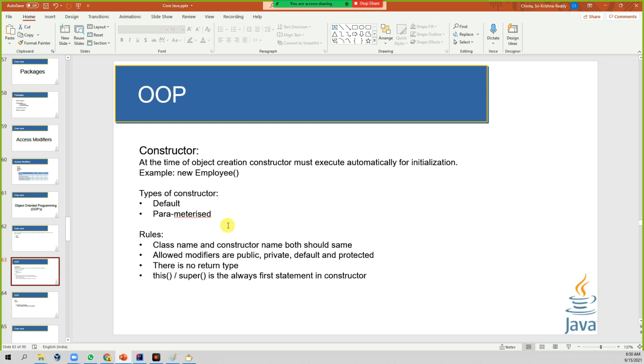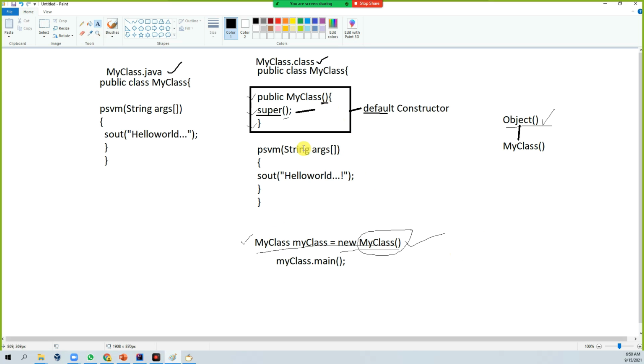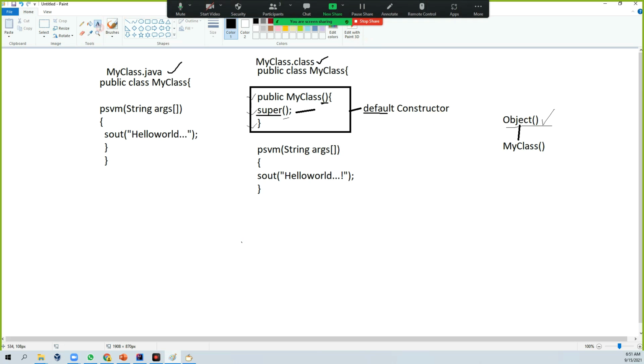The next thing is we have a parameterized constructor also. This is the default constructor. How does the parameterized constructor look? Let me clean this, whatever stuff you have. The next thing is the parameterized constructor.